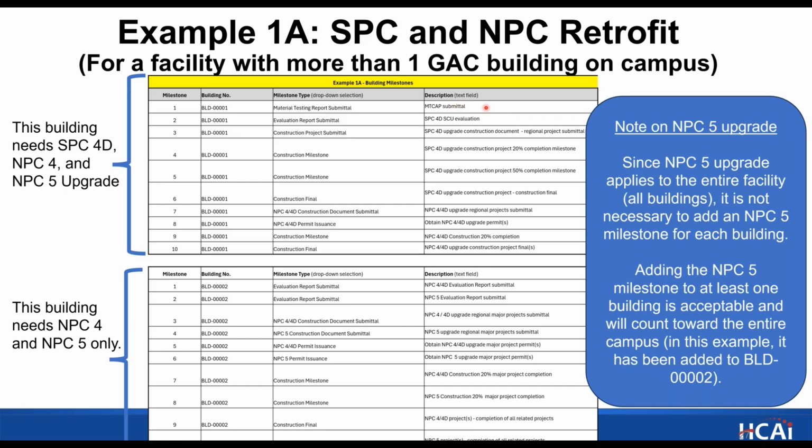That's the Material Testing Condition Assessment Plan. This is your high level evaluation type of document that you send in to us saying, this is where we think we need to do material testing and condition assessment. So that's number 1. Number 2 is an evaluation report submittal, and that's for the